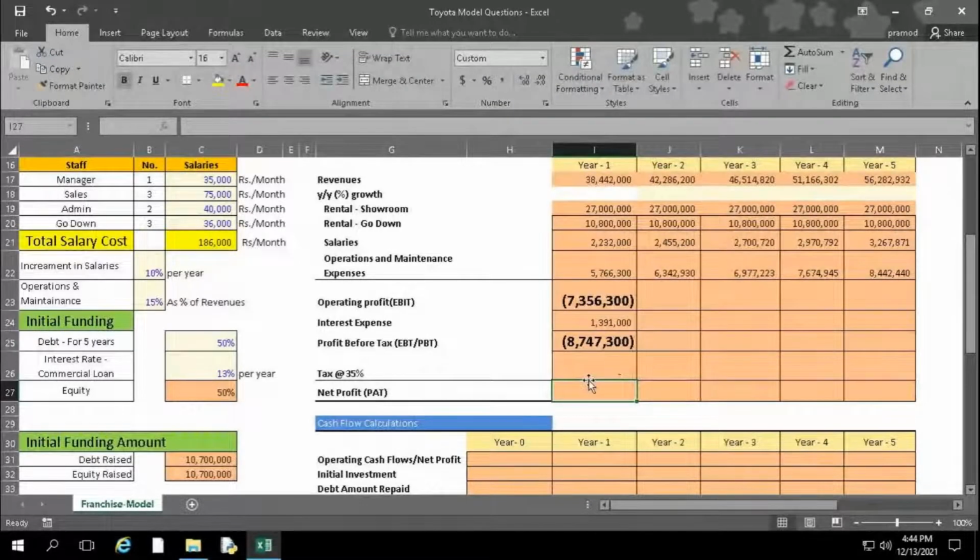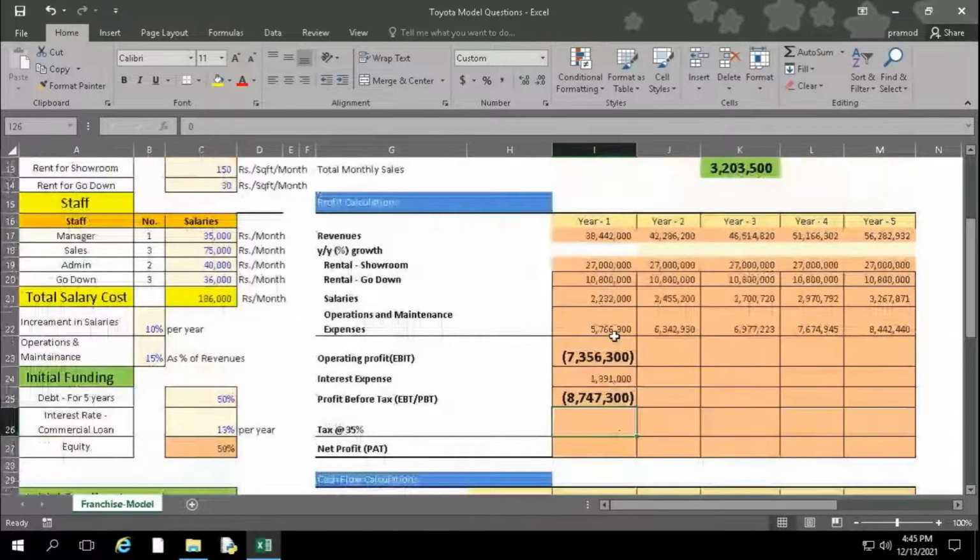But how is PBT 8 crore or something, sir? Because we have to add it, sir. No, EBIT not plus. Minus EBIT minus interest expenses. Okay, sir. So it is zero. This obviously will remain the same amount of the profit. This minus zero, this will be the same amount it will have.